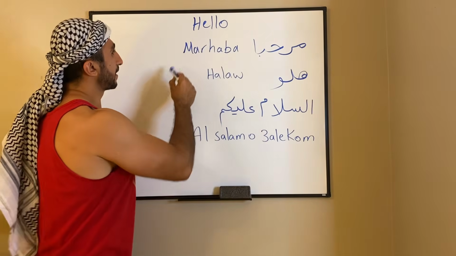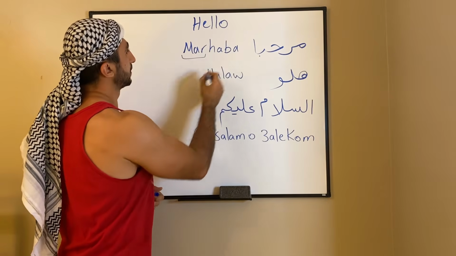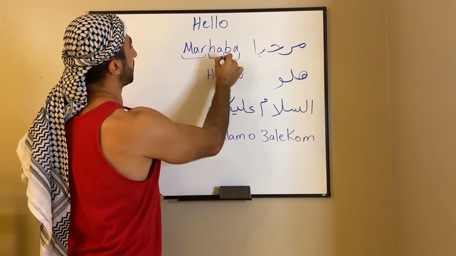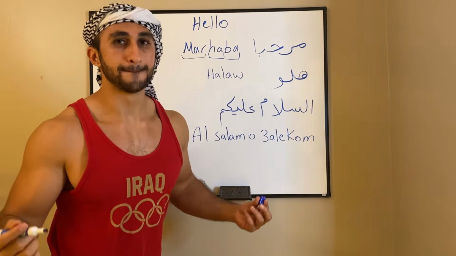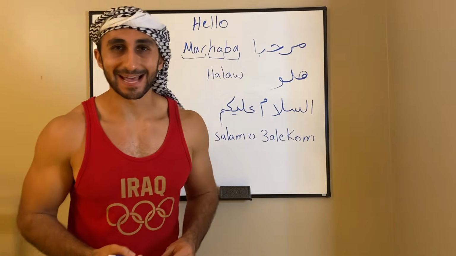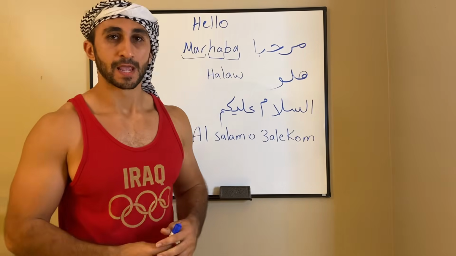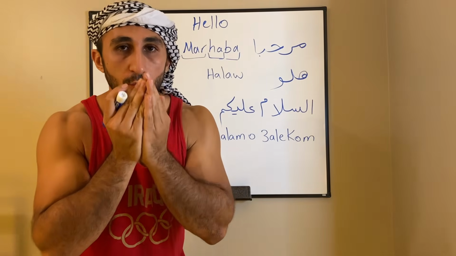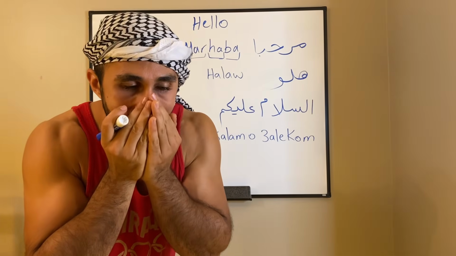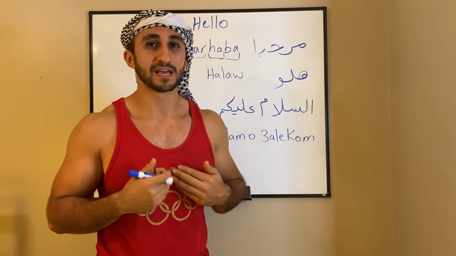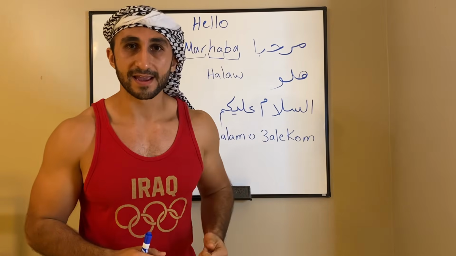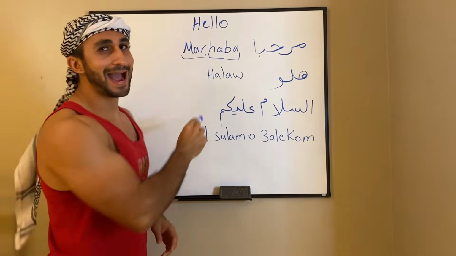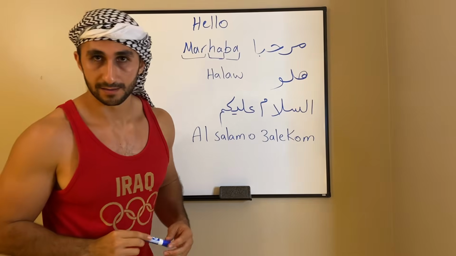Marhaba, you cut it in two, so it's mar, and then you have ha, ba. So you can cut it in three actually. So mar, ha, ba. This letter is not the regular ha sound. If you want to make this sound, imagine it's cold out and you just want to warm up your hand and you just breathe on it. That's how I warm up my hand, and that's how I say that letter. So it's mar, ha, ba.